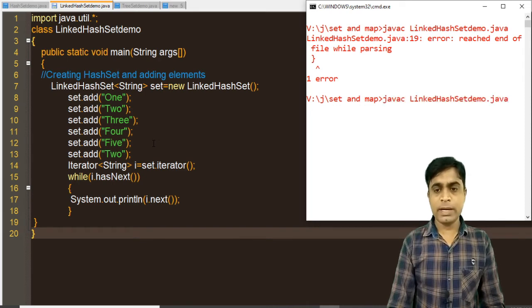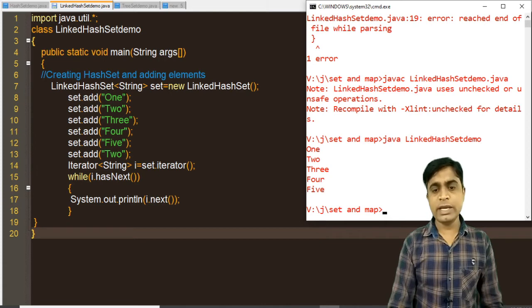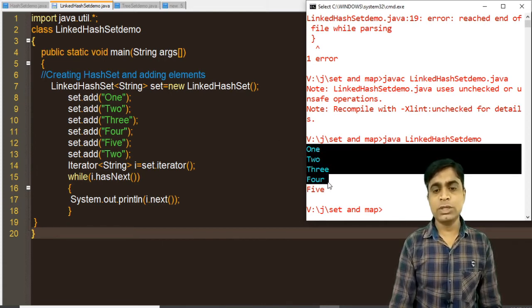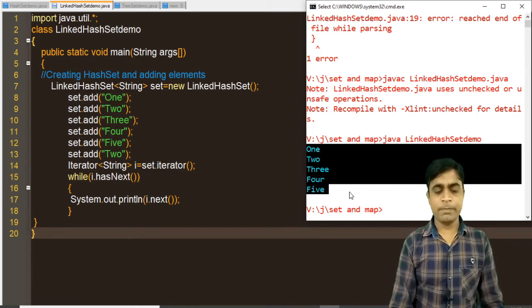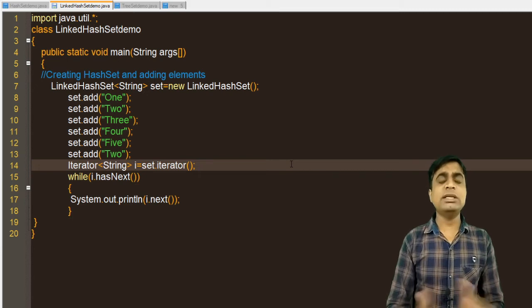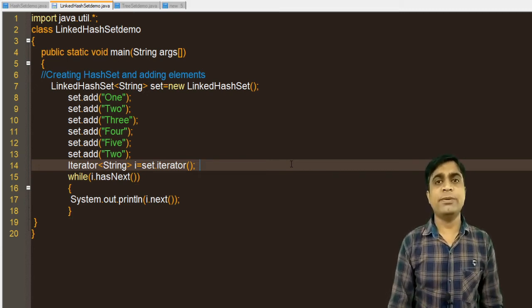Now if you compile and run that particular code, you can see the output. Here the duplicate value is not allowed. 1, 2, 3, 4, 5 only it will display. Right. So in all the subclasses of Set, you cannot store duplicate values.